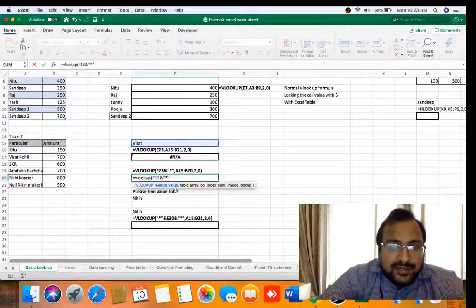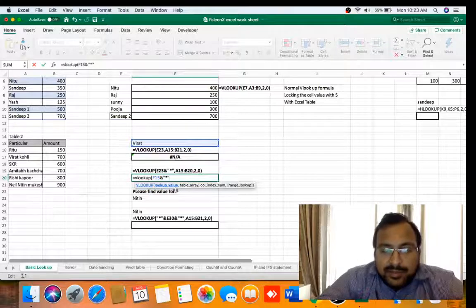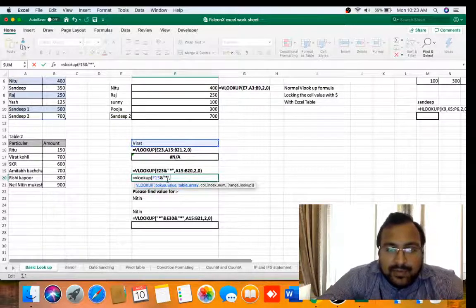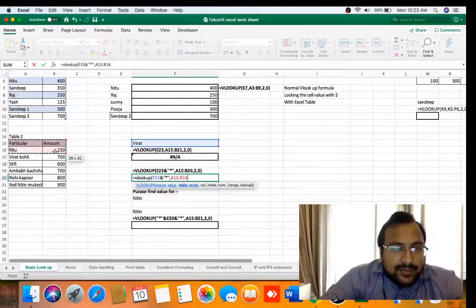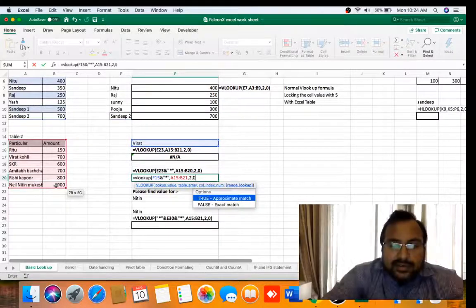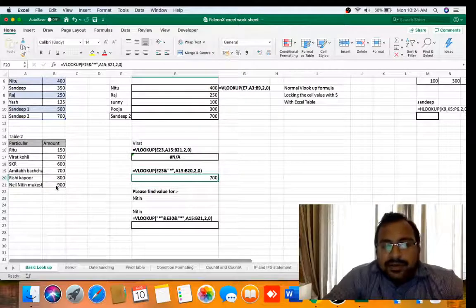This is the wildcard. So the system will understand that whatever value is there after Virat should be considered, comma. So the lookup value is over in the formula. Now table array, comma, the second column we want, that's why 2 is coming, 0, enter. As you can see, we got 700.